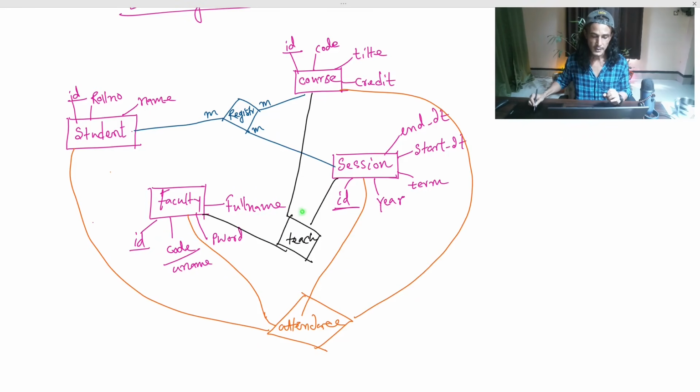But here you see in this black relationship, this faculty, session, and course are participating. In this blue relationship, student, course, and session are participating. And in this orange relationship, all these four basic entities are participating. See here, and this relationship I'm mentioning as the attendance relationship. If in a particular session a faculty gives attendance to a particular student for a particular course, all these informations are needed, and this relationship captures that